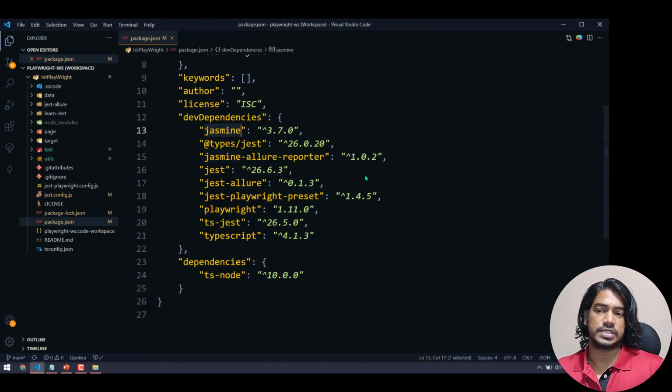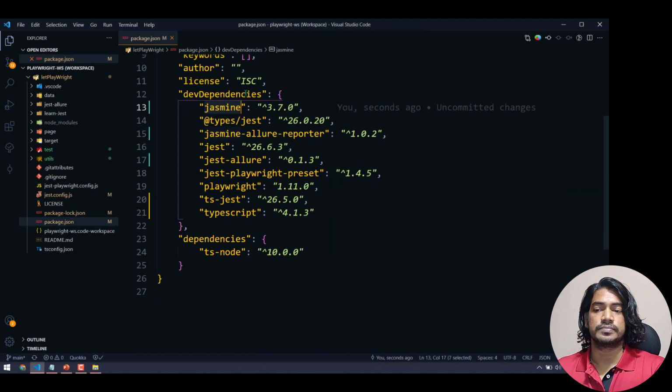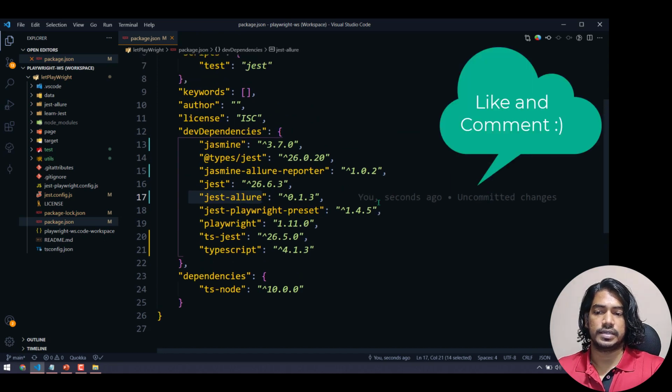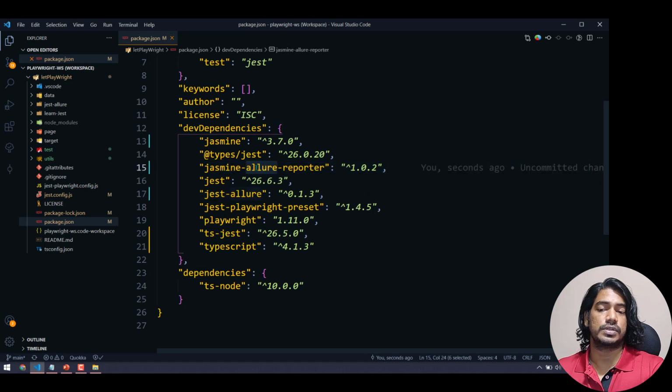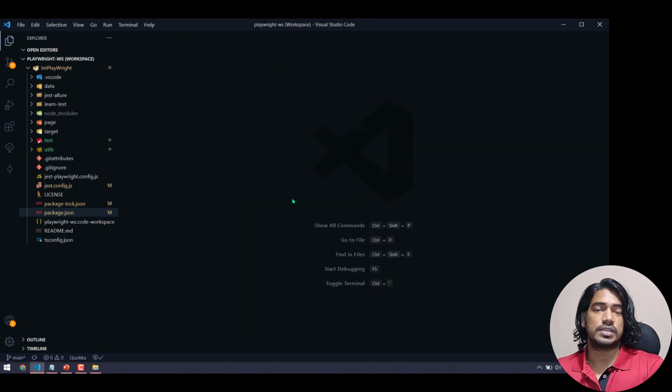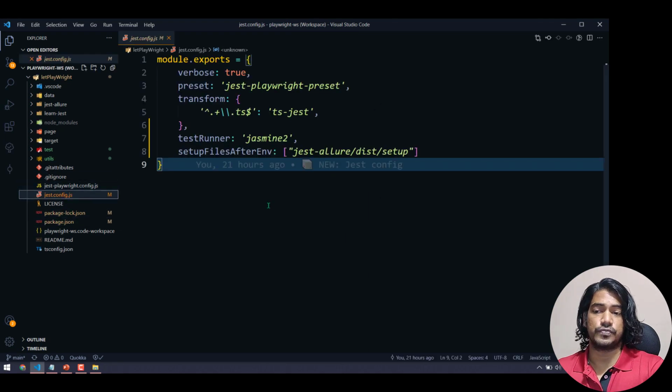First thing first, the setup. Go to your package.json, and here we added Jasmine Allure report, just Allure. Apart from this, we have also added the Allure command line tool as a global. Okay, these are the things we have to install in the package.json, and then go to your jest config, and here